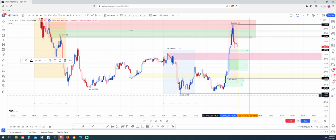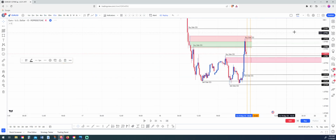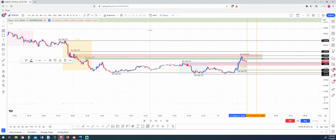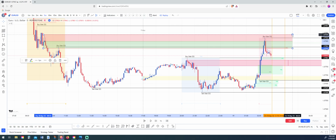These equal lows, I mean, they're really tempting, especially given the fact that we've been so bearish over the past week or so. What do they say? The trend is your friend. So go in line with the trend. So it would put me in a bearish mindset. We're back inside this range. I'm going to get rid of that order block